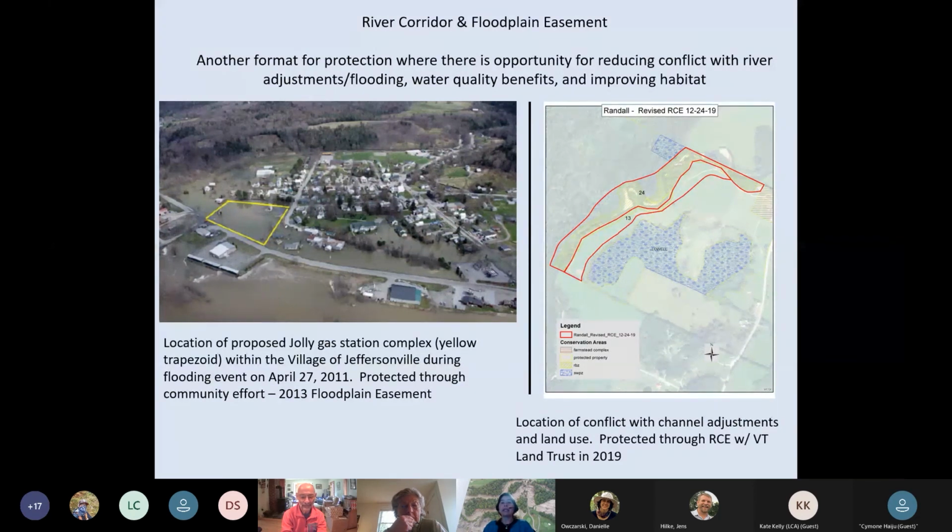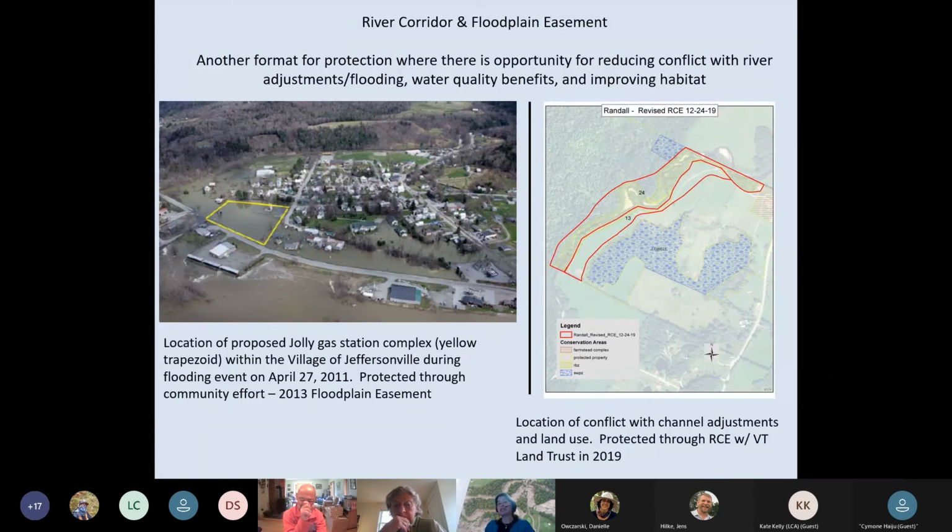The community rallied together and raised funds, got grants in order to protect and purchase the development from the developer in order to protect that floodplain for the long term, forever, basically, to provide those floodplain benefits forever. So a huge effort. You can really see how much water and area that area, by being protected, will keep those floodwaters from being transferred to other parts of the community.